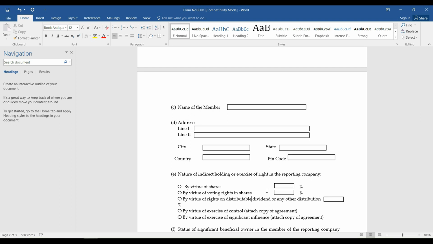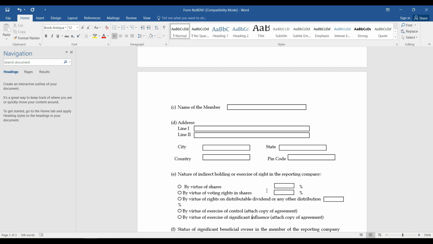Okay, then the third option is by virtue of the right to distribute dividend or any other distribution. Here, if there is a right on the distribution of dividend, then in that case we have to choose this option. It can be a different case when distribute dividend rights come,